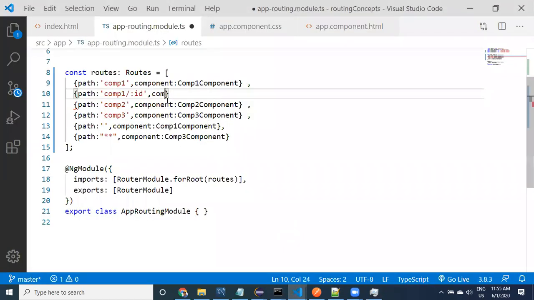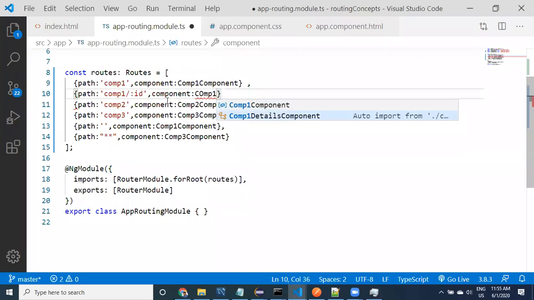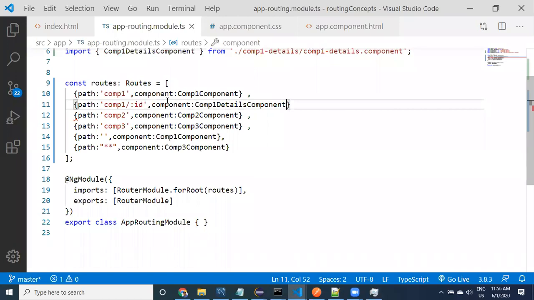What I will take here is the comp1 detailed component. This component is different, this URL is different, remember that. Now we have provided a colon, meaning it is going to accept the ID. Provide a comma over here.